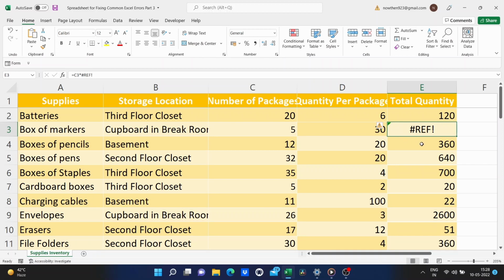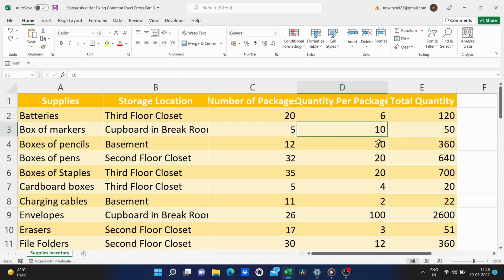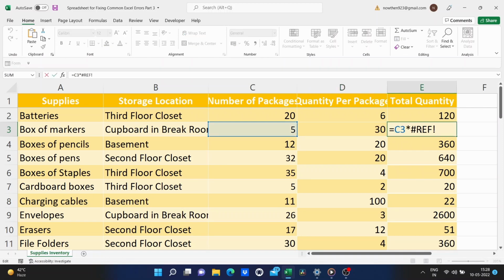So how do you fix that? Well, you can either undo, realizing that was a mistake. I can't just delete this data. Or if you really have to delete the data, that's okay. But just go to your formula by clicking on the cell with the ref error. You can double click on it and make the changes right here in the cell, or you can just click once and go up here to the formula bar. Whichever way you want to do it, you need to go in and fix the formula.